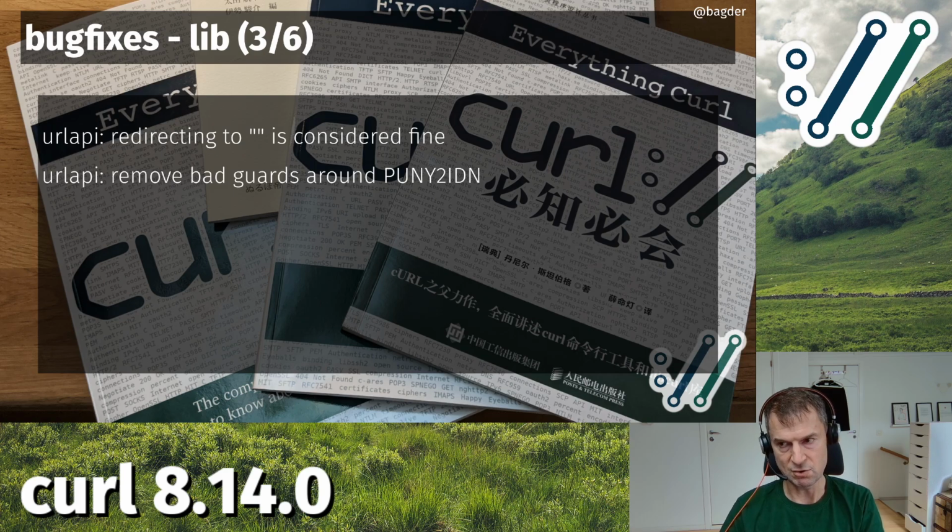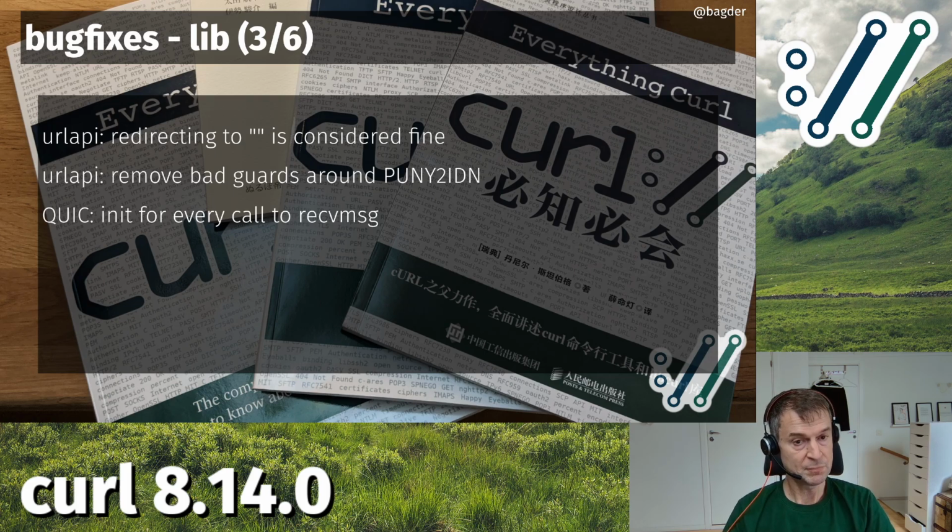That conversion converts from IDN, the international version, to Punycode, which is sort of the ASCII version. And so Puny to IDN is the API version that we have that converts back from the Punycode to the international domain name version, because that's a feature of the libcurl URL API. That had too many checks, so it would sometimes not do the conversion correctly. Now it works better, and now we have test cases for them too.